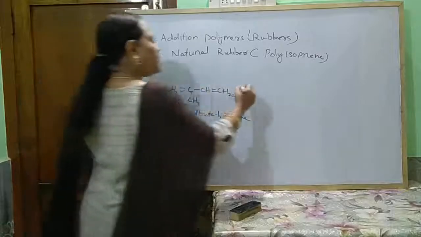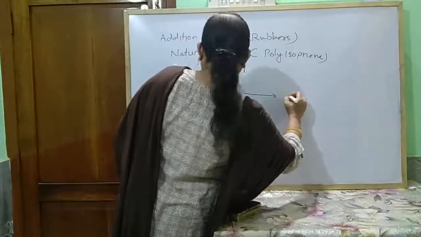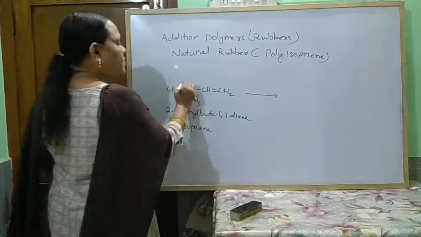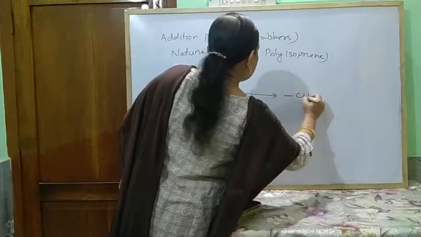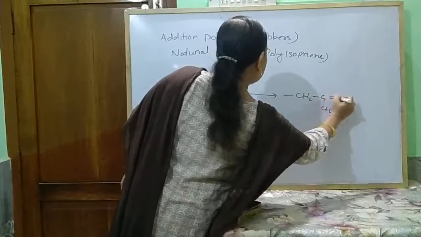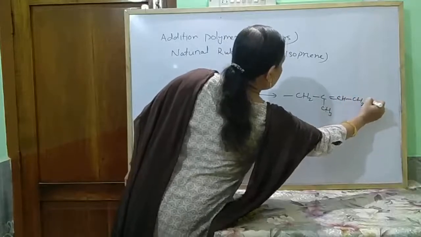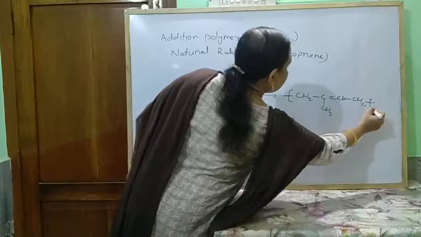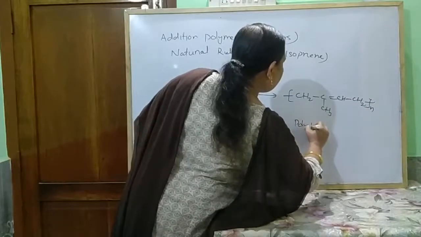And this isoprene forms polyisoprene. So this bond comes here, this bond comes here. In this it forms CH2, CH3, double bond, CH2. This is polyisoprene